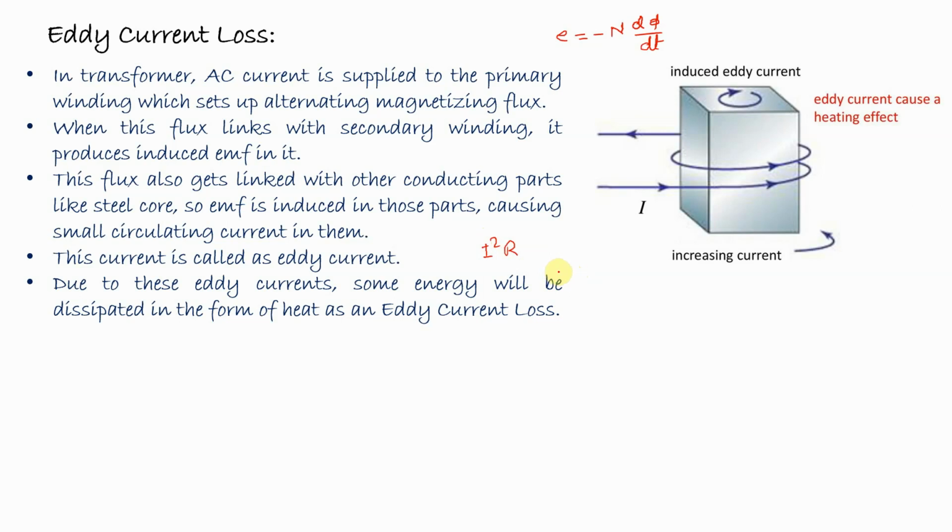Remember here, the eddy current loss develops because of the EMF induced in the core of the transformer due to the changing flux circulating through the material. And R here is the resistance of the core material, because it is a conducting material, so definitely there will be some resistance.